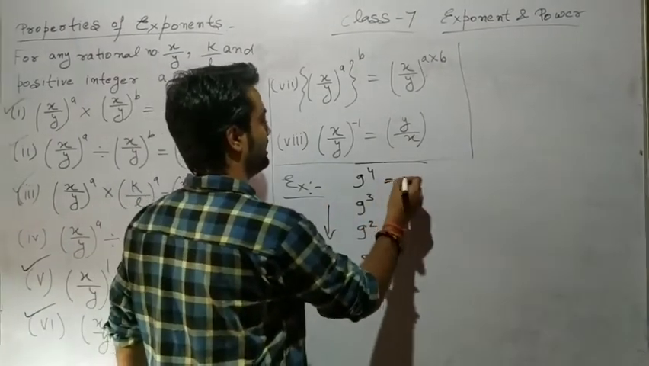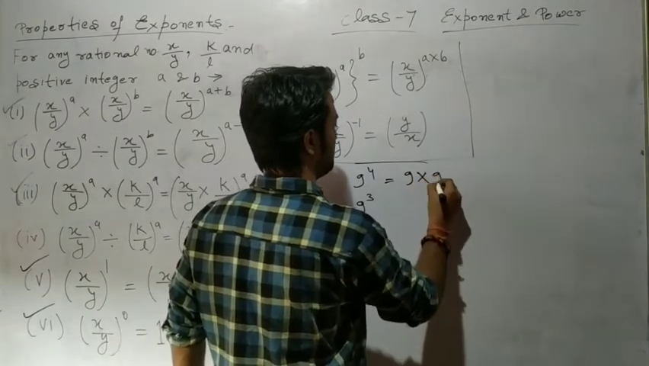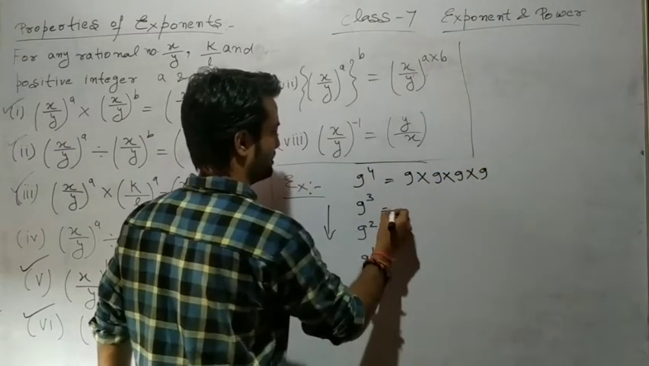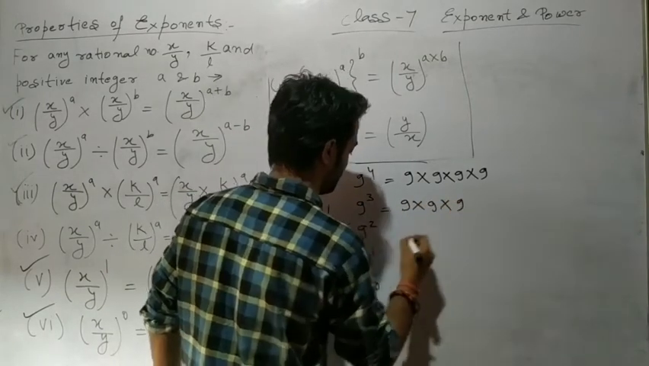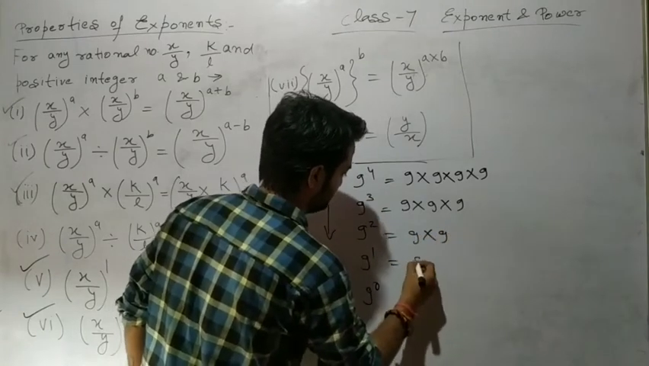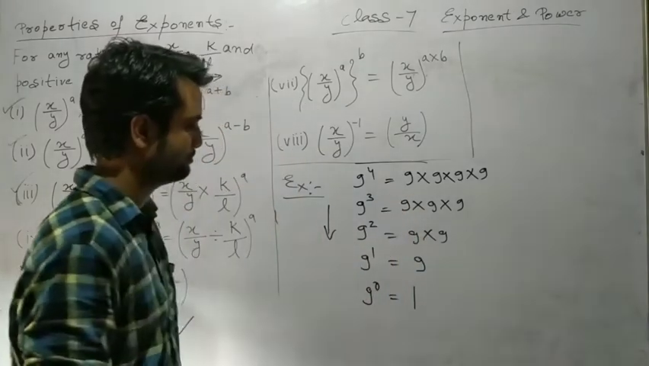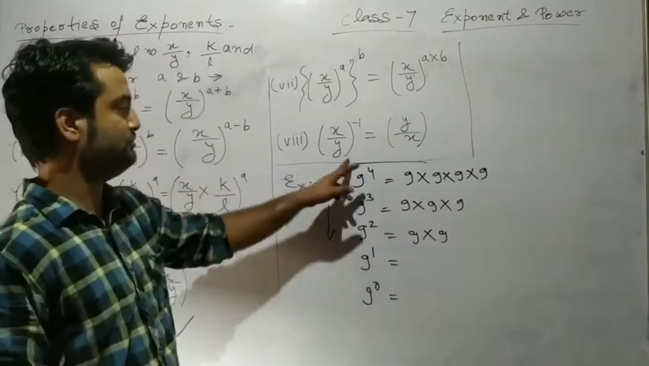9 raised to the power 4, on expanding, we write 9 multiplied with itself 4 times. In the same way, 9 multiplied with itself 3 times for 9 raised to the power 3, and 9 raised to the power 1. I am not writing these two terms. If you see this pattern,